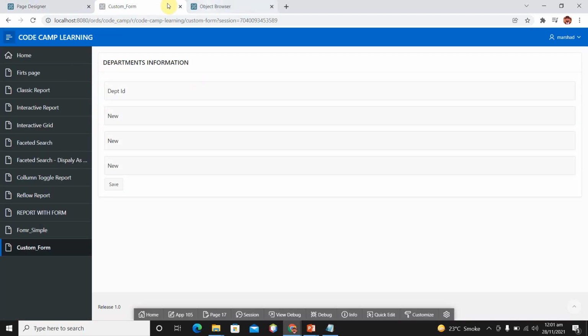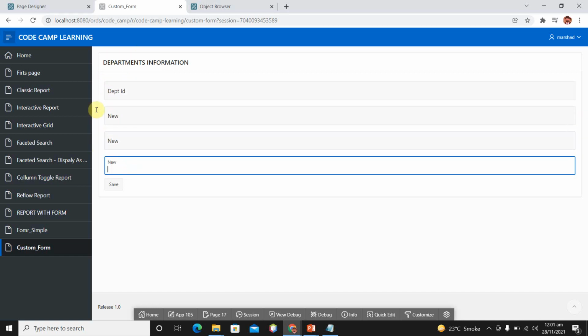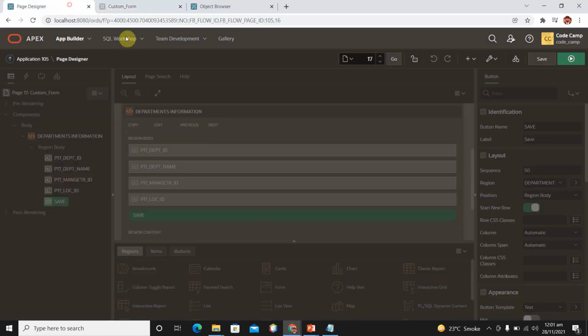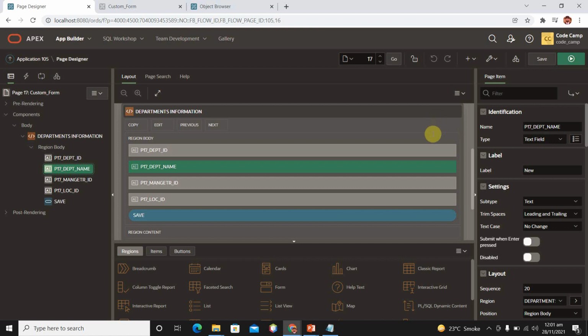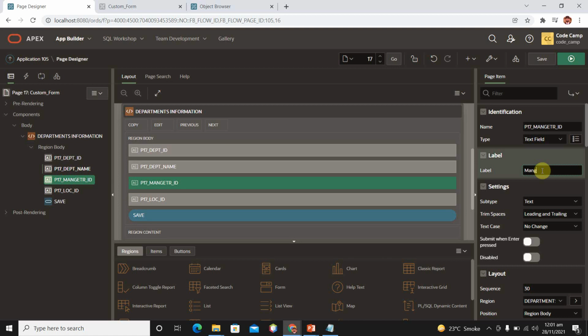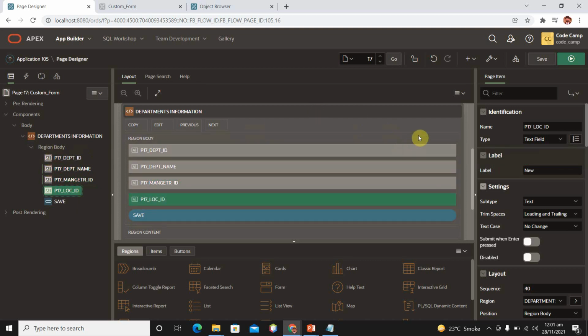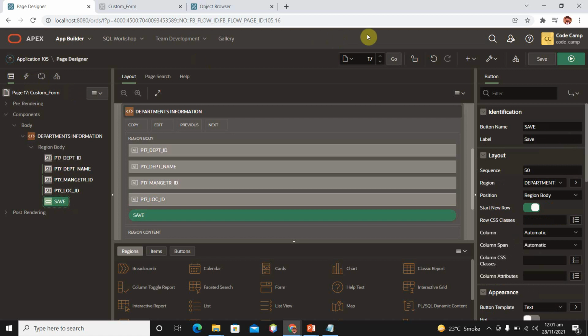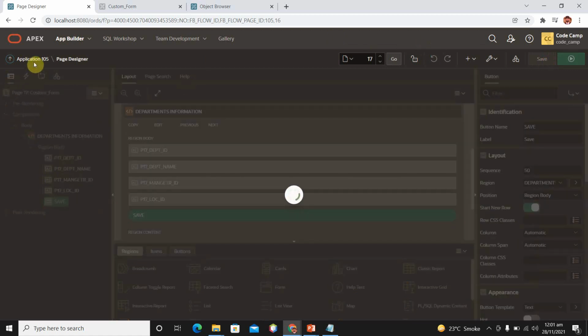So this is the form we created right now. Now we can enter different fields. Now we need to change the labels of these fields. Department name, and label of department name as name. Here we have manager ID, change its label from new to manager ID, and then location ID, rename it location ID, and then we have a button. So save it and go to